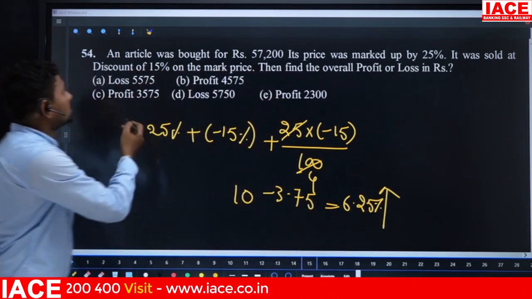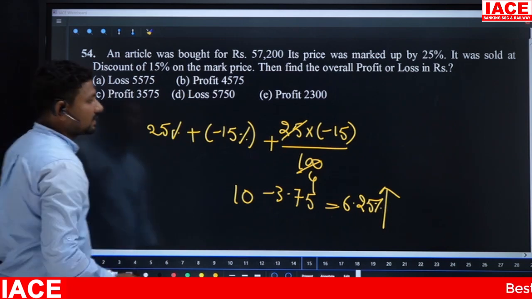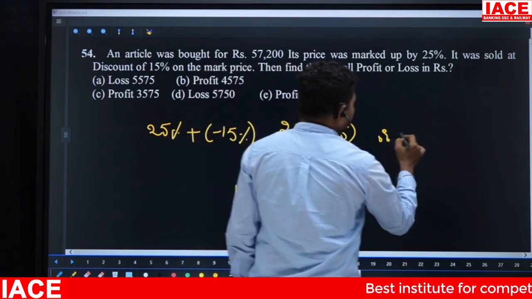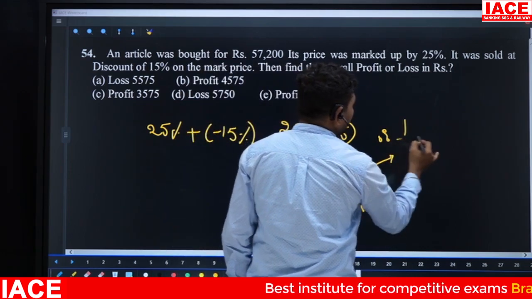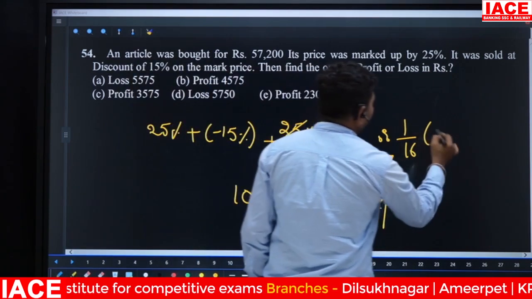Of course, look at the options. Out of 5 options, 3 options are profit. Compulsorily we should calculate with a number also. Then 6.25% profit of the given amount. 6.25% is equal to the fraction 1 by 16. Then 1 by 16th of